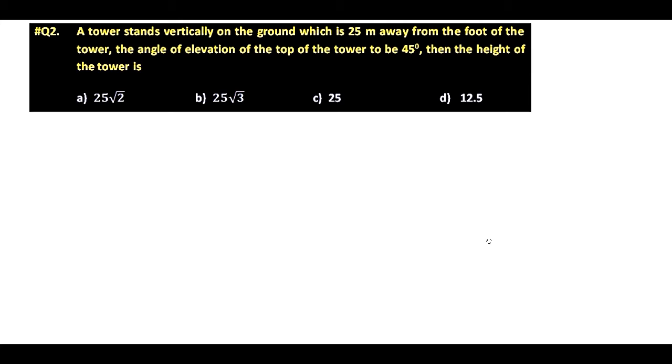This is the next question. In this question, just try to see first. The main part is to understand the question, because once you understand the question, you will be able to answer it very comfortably. There will be no problem at all. A tower stands vertically on the ground, which is 25 meter away from the foot of another tower. I should have mentioned another tower. The angle of elevation of the top of the tower is 45. Then the height of the tower is